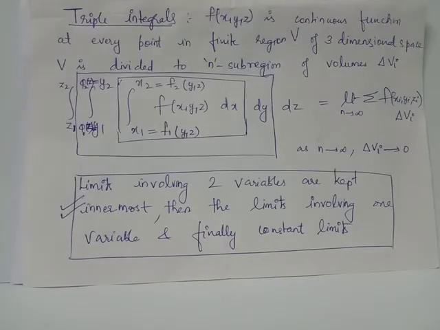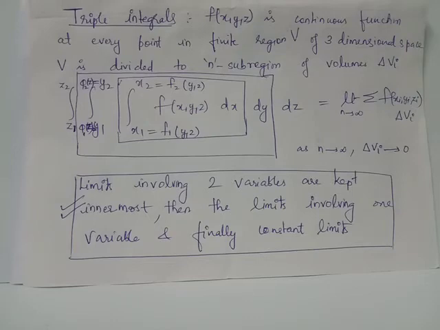When you consider the case of triple integration, that is integration to be carried out in a finite region V which lies in three-dimensional space, wherein f of xyz is a continuous function defined at every point inside the region V, then if all three variables x, y, z have constant limits, the order of integration doesn't matter as in the previous case. But what if x, y, z all three do not have constant limits?